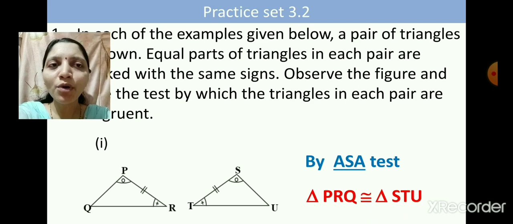And now one more important thing I forgot to tell you, and you have to remember: if you show the three elements of any two triangles are congruent, the remaining three, we have seen that the 6 elements are there to show the correspondence between the triangles. So out of that, we are showing 3 elements in each test. So the remaining 3 elements will also automatically become congruent. If you show any 3 elements according to the test, the remaining 3 will also automatically become congruent.